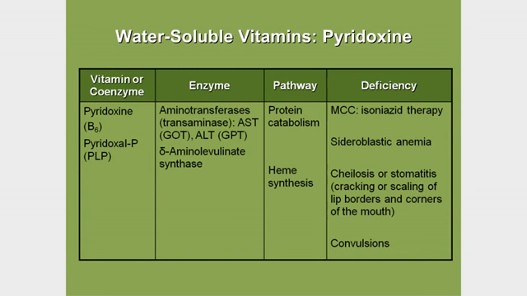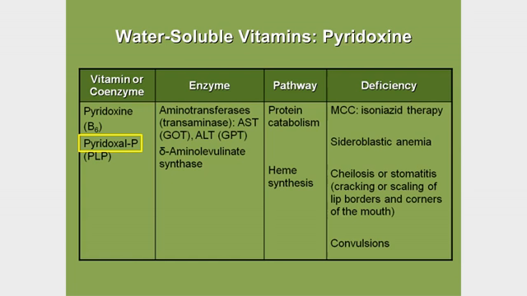B6, pyridoxine, is the vitamin used to make the coenzyme called pyridoxal phosphate. Notice the suffix al, pyridoxal phosphate. The al is an aldehyde group, and it's used to bind to amino groups. So if you were asked what pathway you might see a lot of pyridoxal phosphate involved in, one among many pathways where pyridoxal phosphate is